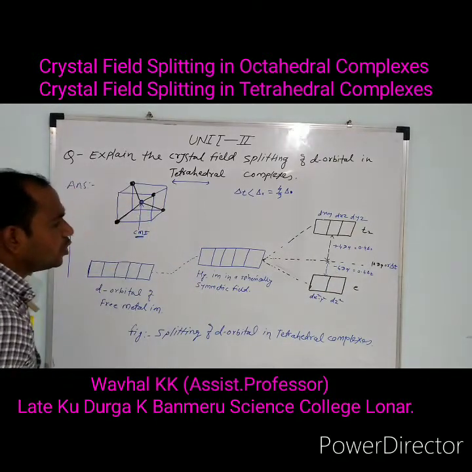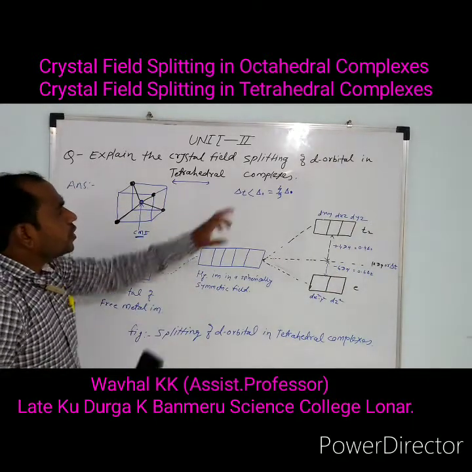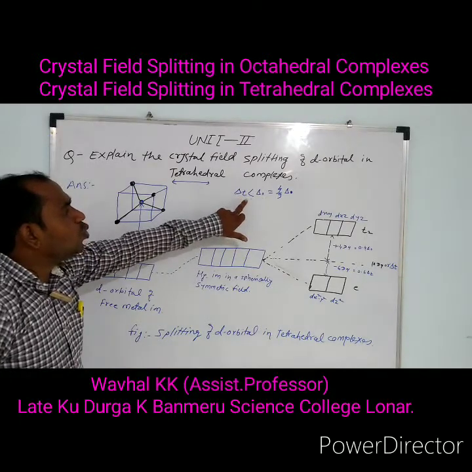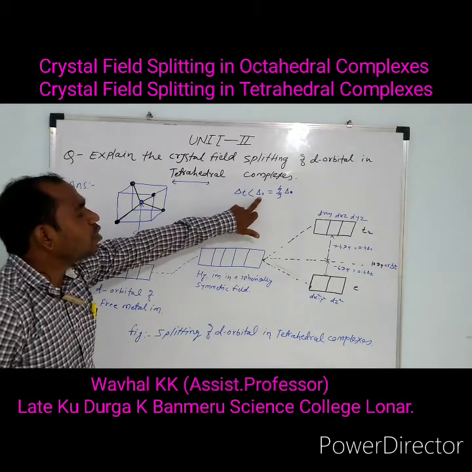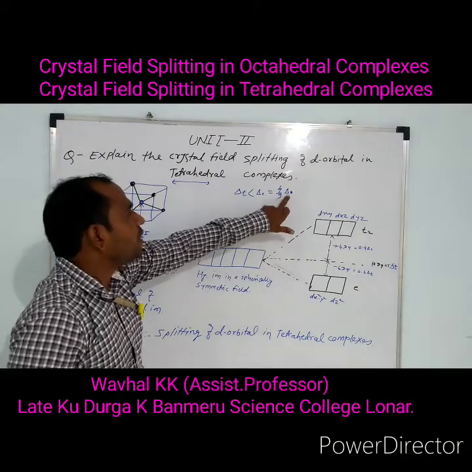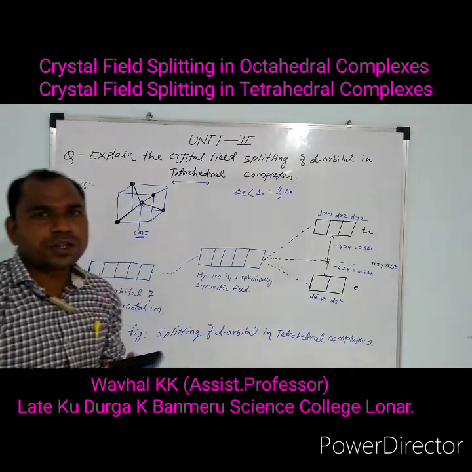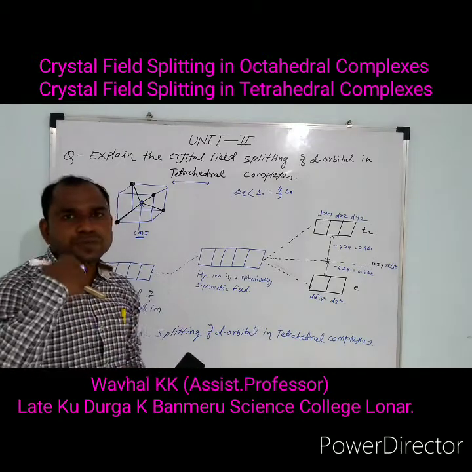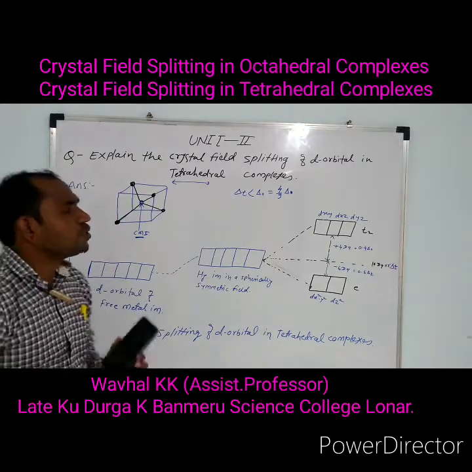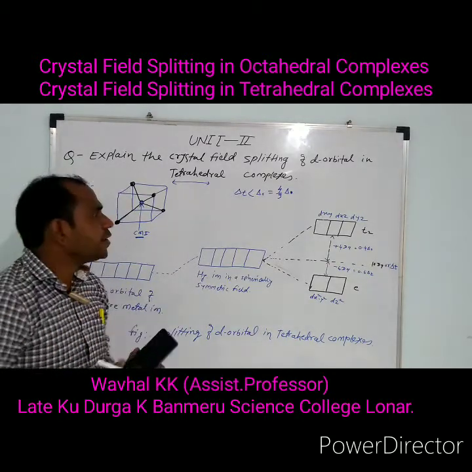Delta tetrahedral has lower energy compared to delta octahedral; it is equal to 4 by 9 delta octahedral. It means delta tetrahedral is lower than delta octahedral, because fewer ligands are present